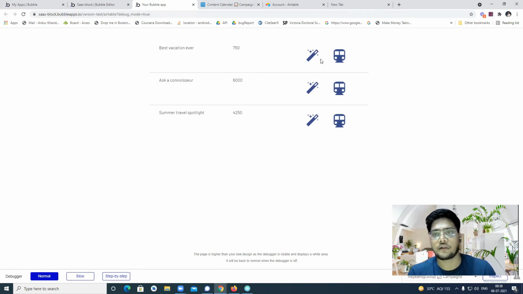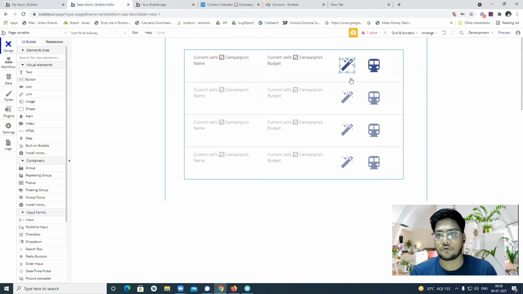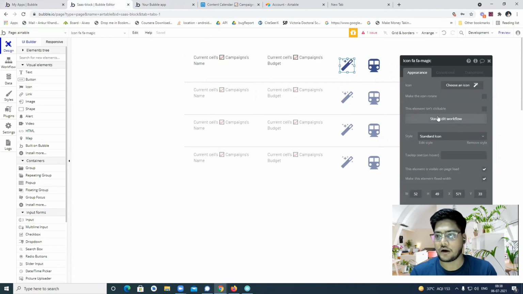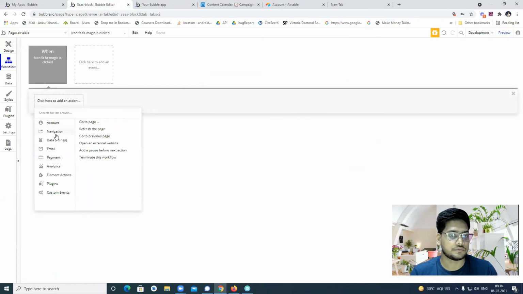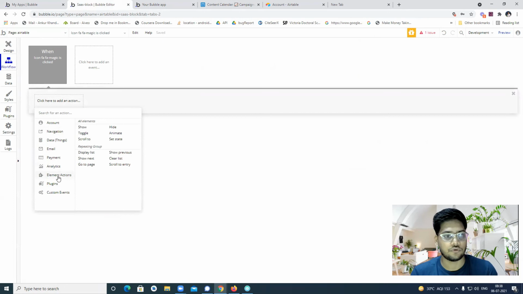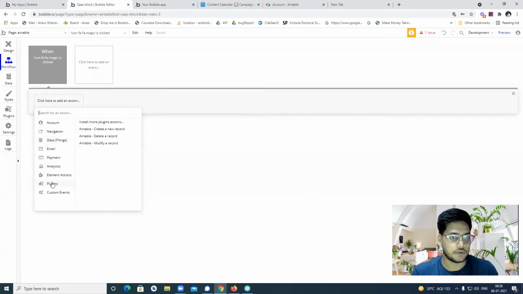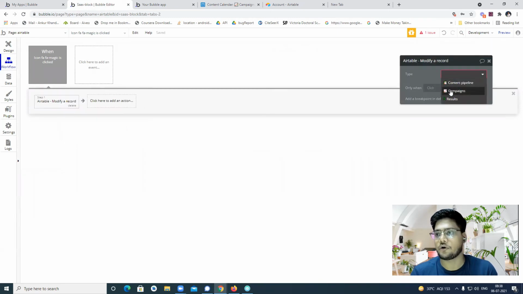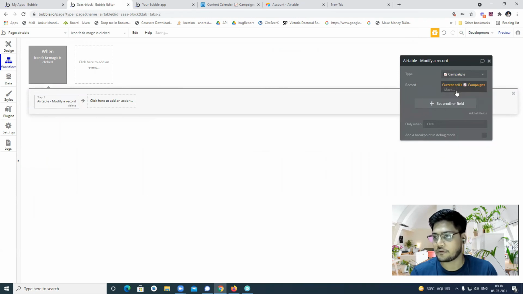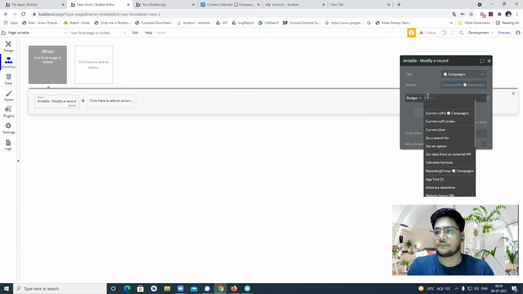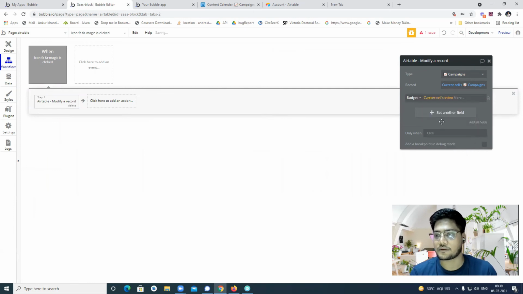For example, you want to edit it. Start, and go to the element action, no, sorry, plugin. Yeah, to modify a record. You will choose a Campaign because we are working with the campaign. The Current Sale Campaign is what we want to change. We want to change the budget. The one main issue with it is that you can't set a static value. If you want to put in 750, it will not accept it. You have to use a dynamic value. So I will say, whatever the current sale index is, that is my budget. This was just for a dummy purpose.